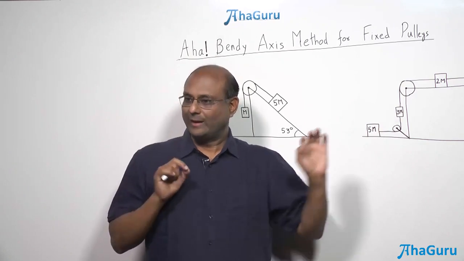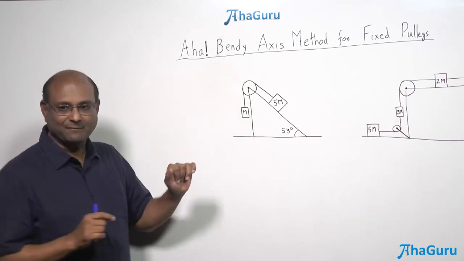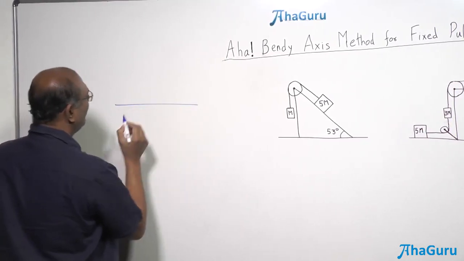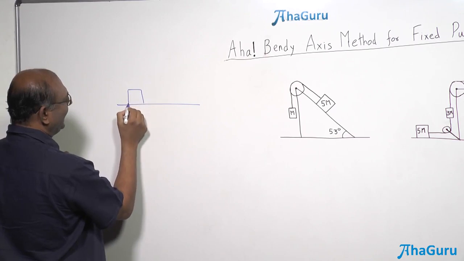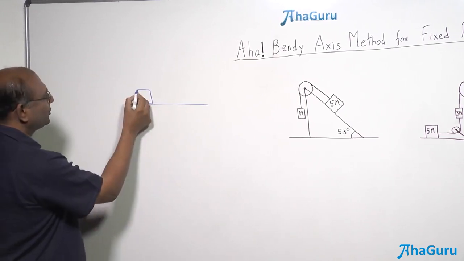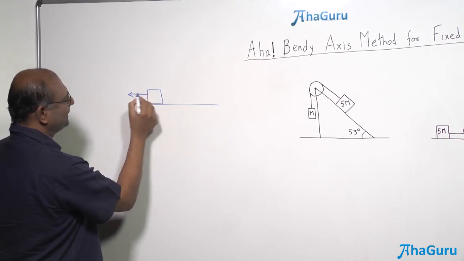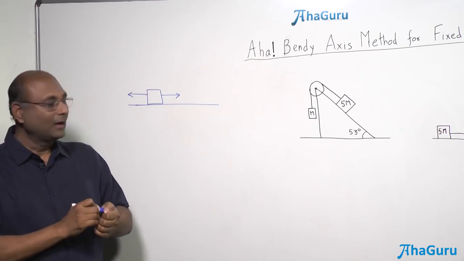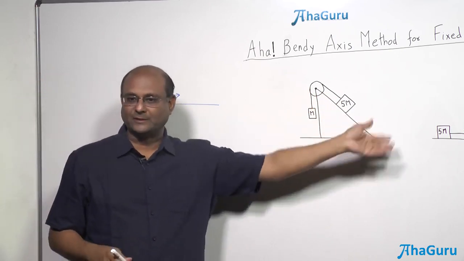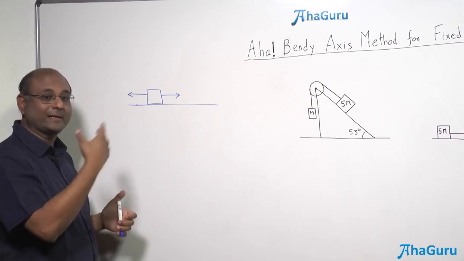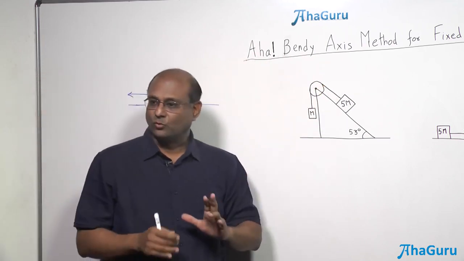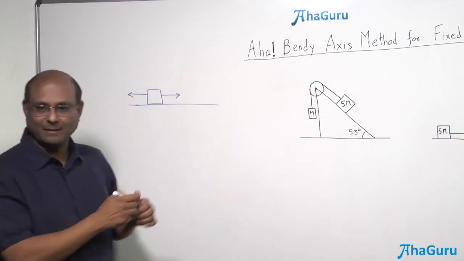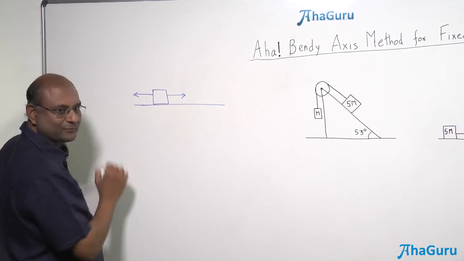To understand this approach, let us start with a very simple idea. First question is, how do you solve a problem where I have one block with two forces acting on it, like this and like that, let's say. For now, we will treat all of this without friction. We will later come back and look at how to use the same approach when you have friction. It's the same idea. Later on, we will try to extend this to questions which involve multiple moving pulleys. These are all fixed pulleys, but we will develop the same idea for moving pulleys. But anyway, right now let's focus on this.